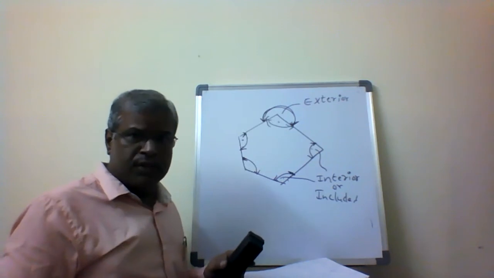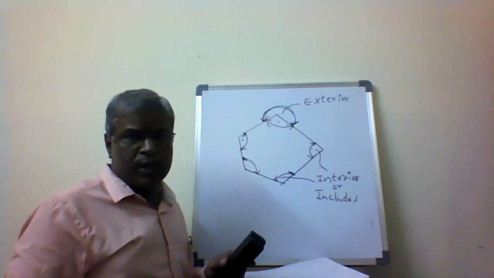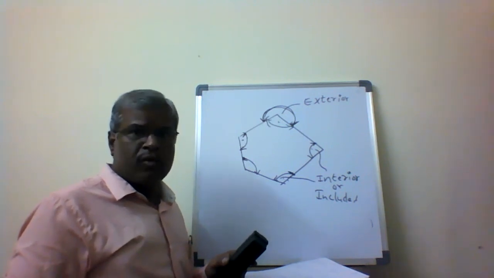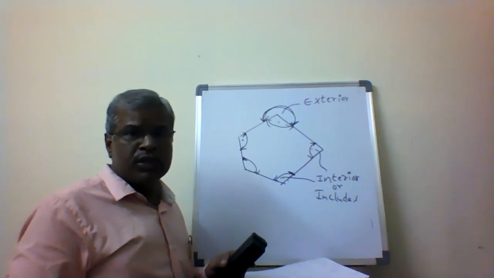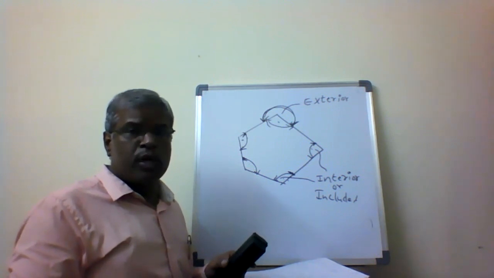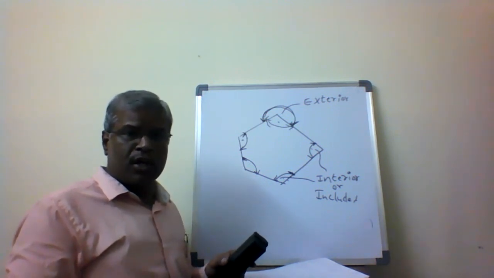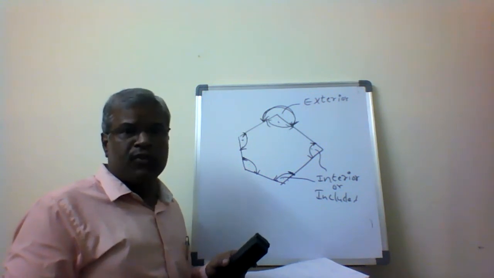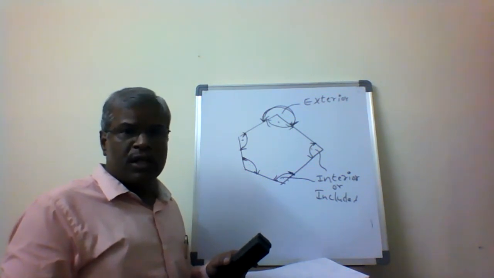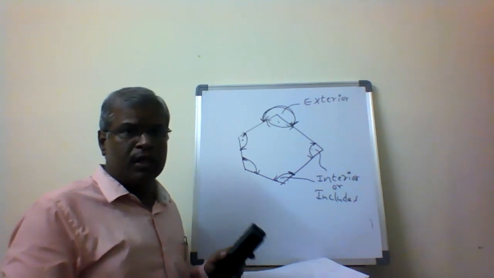External to the traverse, external to the polygon, is called the exterior or external angle. And inside of the traverse, whatever angles we measure are called interior or include angles. So this is the difference between interior and exterior angles. Based on that, we apply the check 2n minus 4 right angles for interior or include angles, and 2n plus 4 right angles for exterior or external angles. And we can check the include angles or external angles of a given traverse, whether we calculated the angles correctly or not.